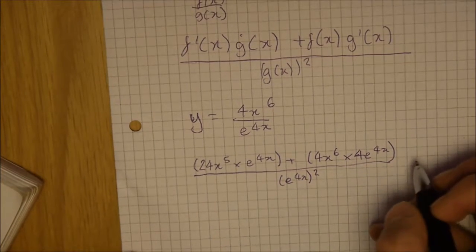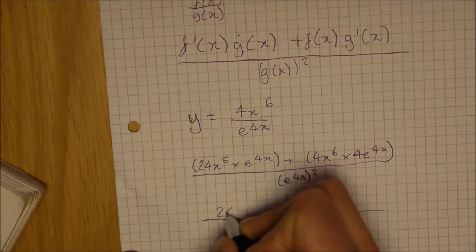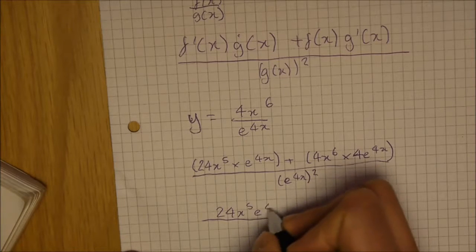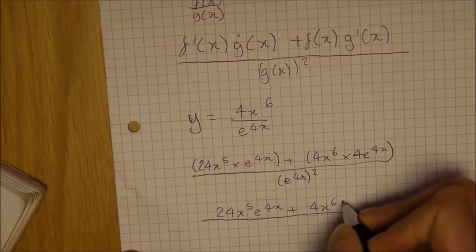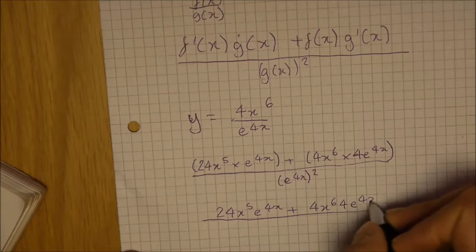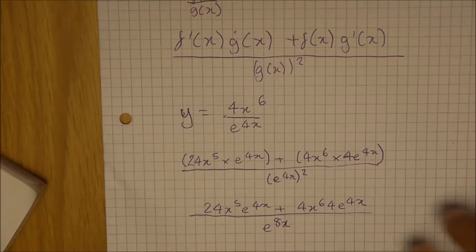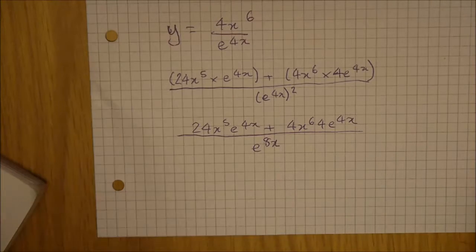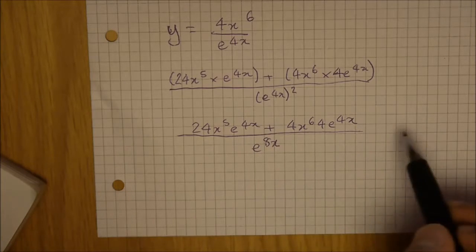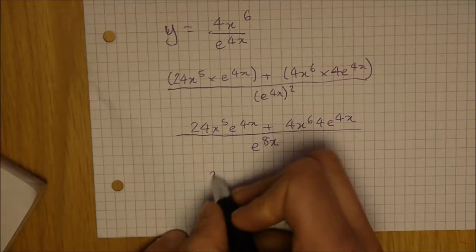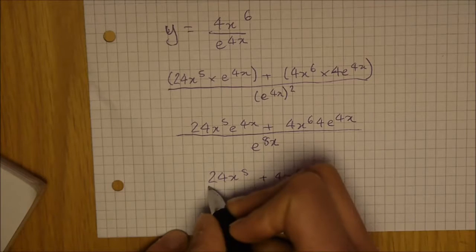So again, we can write this as 24x to the 5 e to the 4x plus 4x to the 6 times 4 e to the 4x, and then we've also got e to the 8x. Now in this case it might be advantageous to simplify it a bit. We can effectively scrap e to the 4x, so we just have 24x to the 5 plus 4x to the 6 over